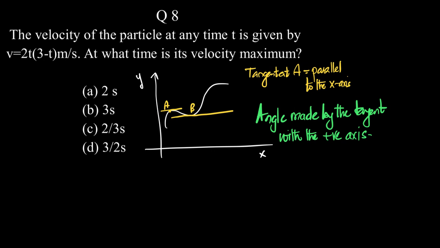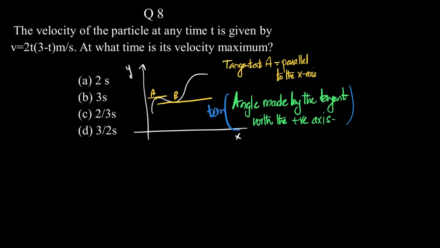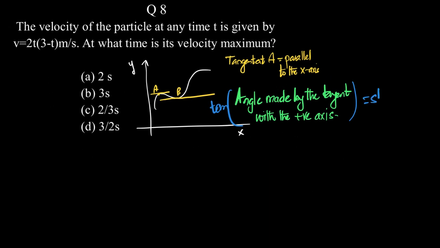Now, tan of the angle made by the tangent at that point with the positive x-axis is what we call as slope. In which case, at B, what is slope? Slope is basically equal to tan of the